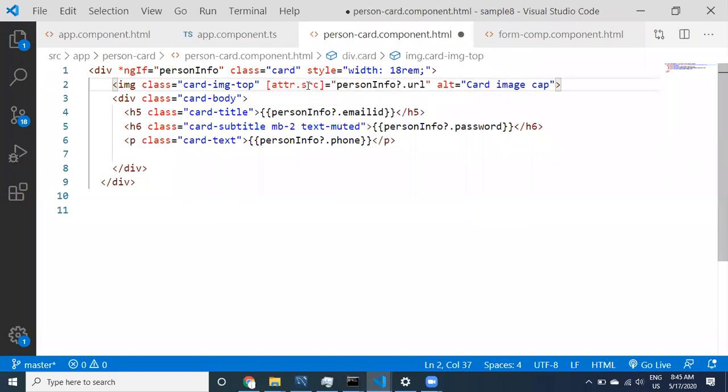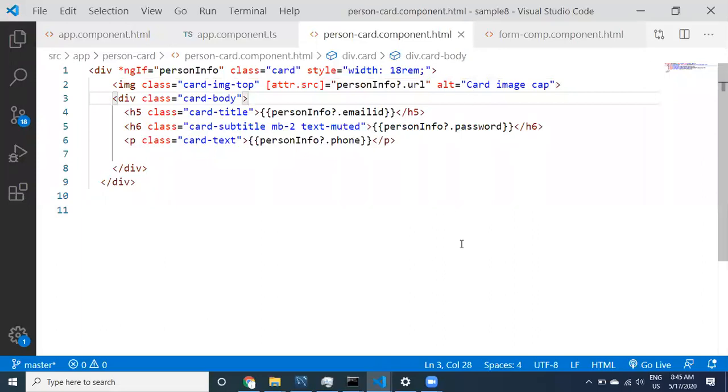In case source is not a property, if there is no property for this image DOM, then you need to use an attribute. I'm just showing different approaches, guys. This can be called attribute binding. This image tag contains an attribute of source, so you can use attr dot source. You can use this also.